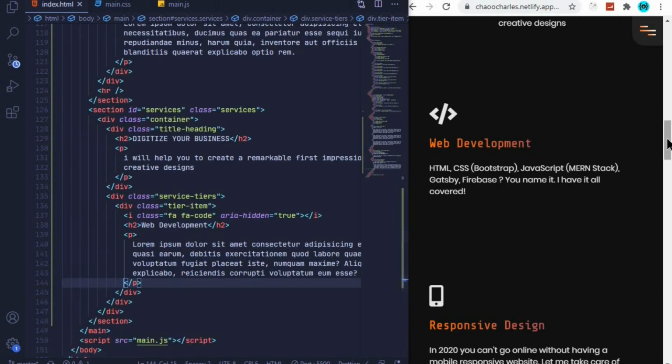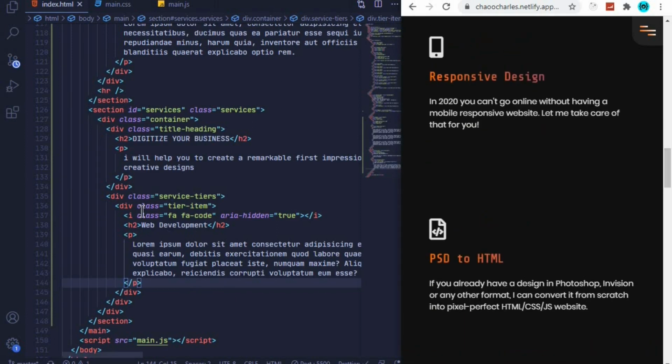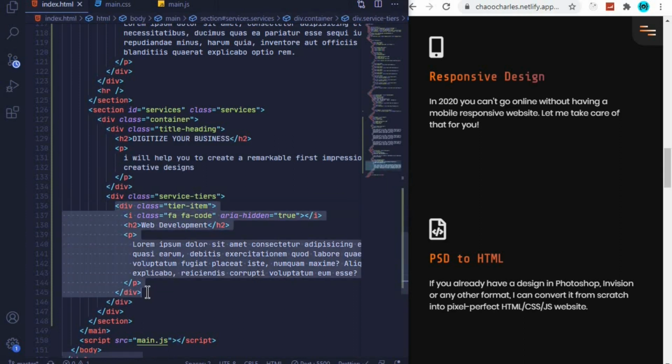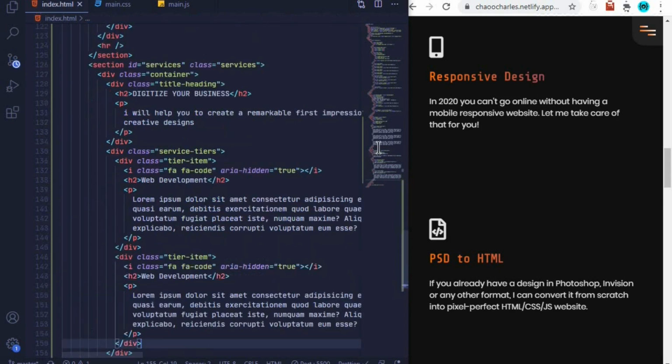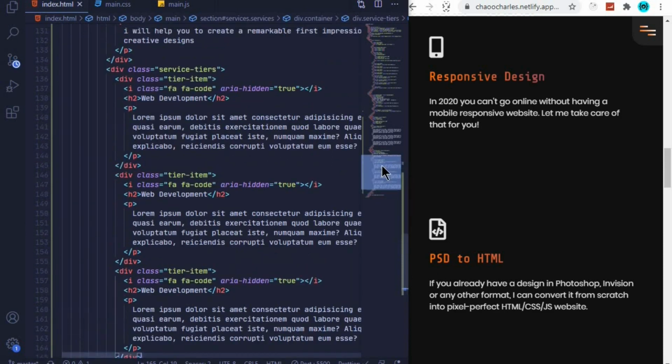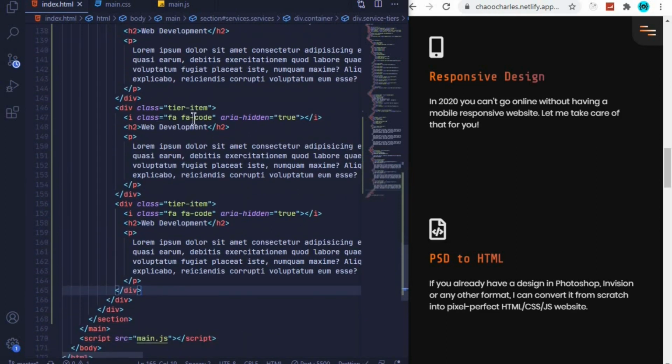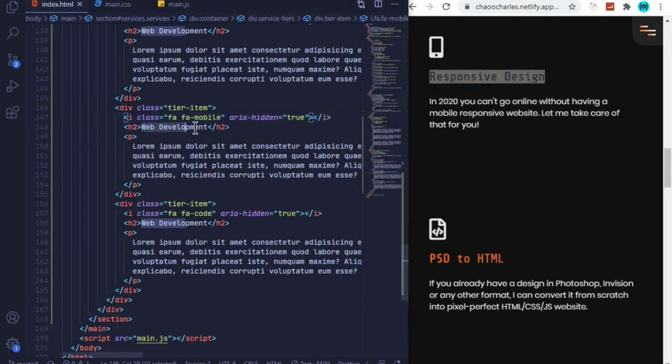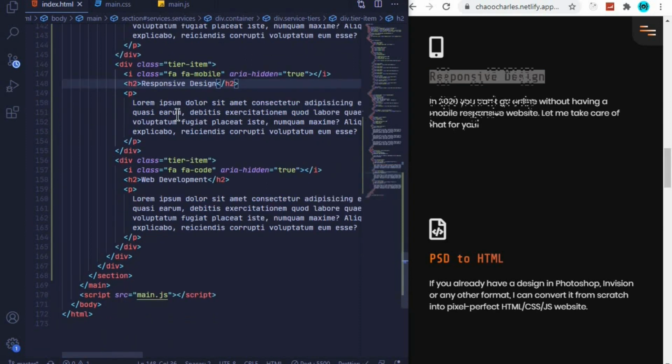Now this layout will be similar to our other two layouts. So all I'll do is to select this div which has a class of tile items and copy the whole of that code, and then below here I'll paste it two more times. And we can now customize each one of them. So this one will have a class of far fa-mobile, and then this one will hold responsive design,